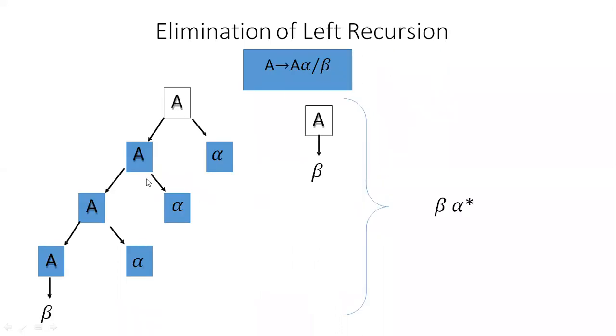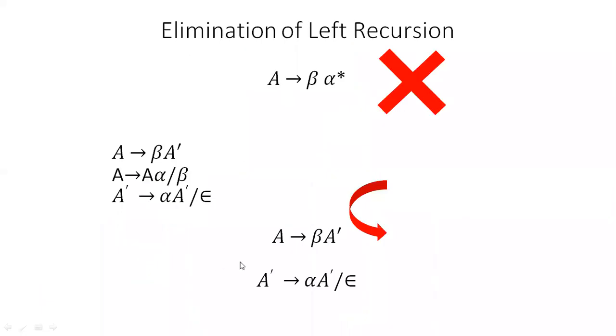And here we are having a reason: it creates an infinite loop. To eliminate the creation of an infinite loop, to avoid entering into an infinite loop, we are modifying the given grammar into these two rules. Make a note of this. And now let us see with an example.